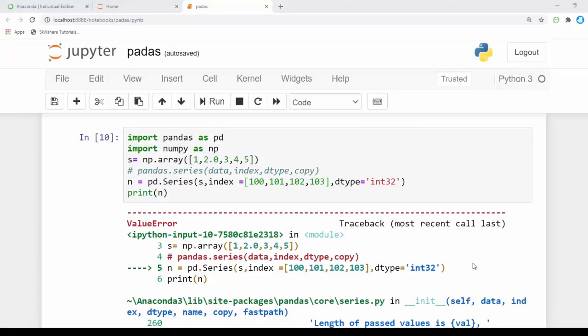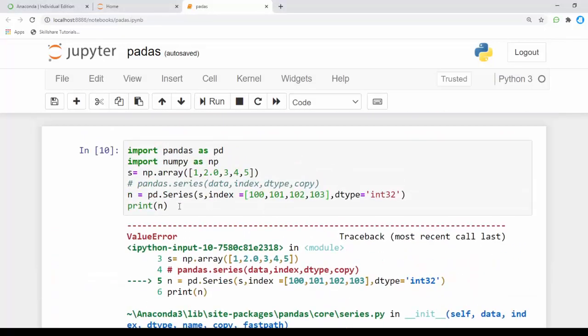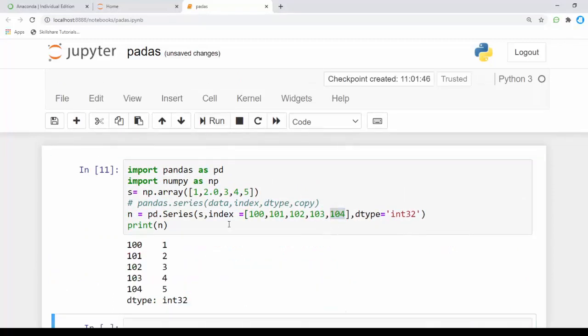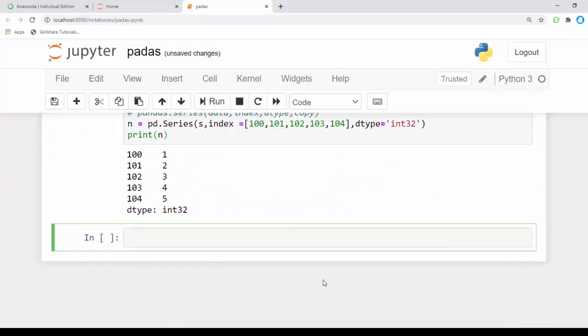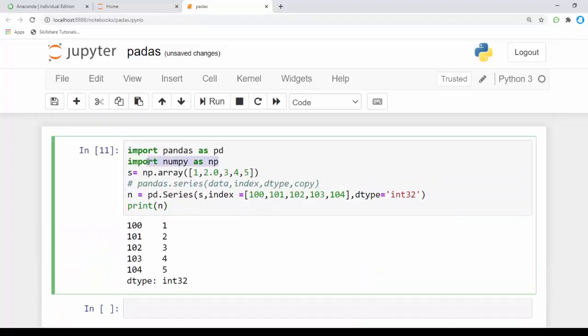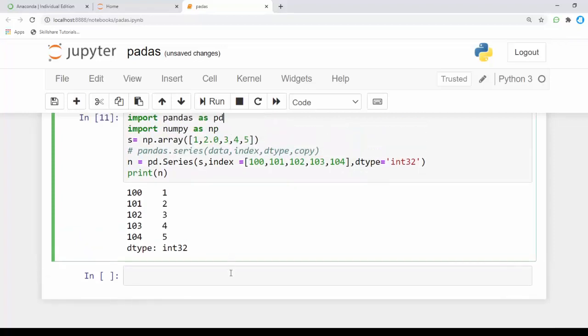I'm opening my Jupyter notebook. This is an example of series here. I'm gonna run this. In the next block I'm gonna create this. I imported pandas and numpy in my previous block, so I can use pd and np in my next block also. But before using that, we should run this block. Make sure that np and array are in the flow of this block. Now I can use that here also.